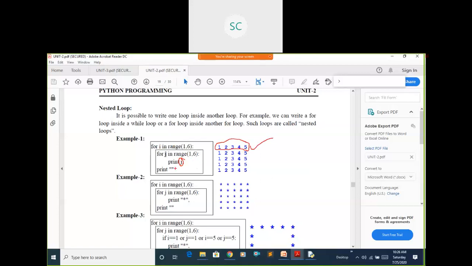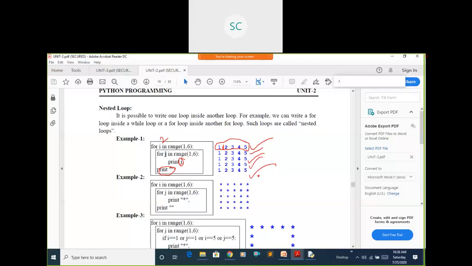After printing j, I'm giving a space here, by using this print statement. Then after completing this first iteration, the I value is incremented, right. The second I value becomes 2 now. For the 2 case this will be printed, for the 3 case this will be printed, up to 5, like this these statements will be printed in the output.